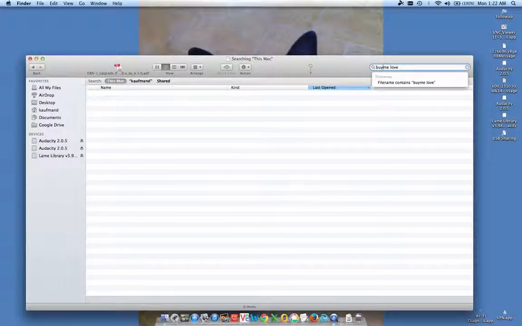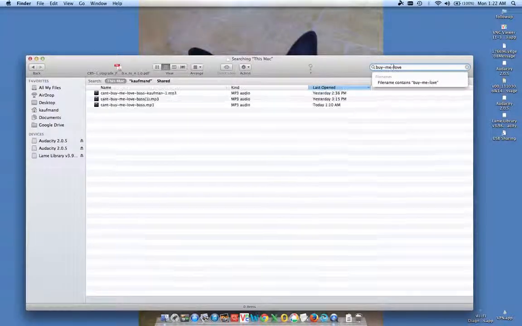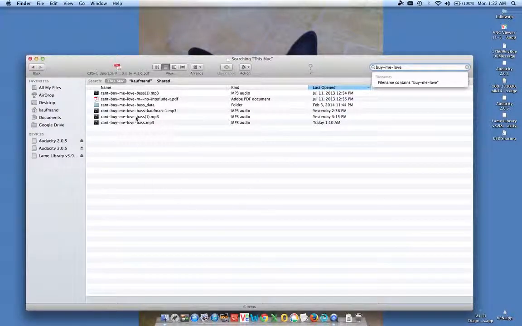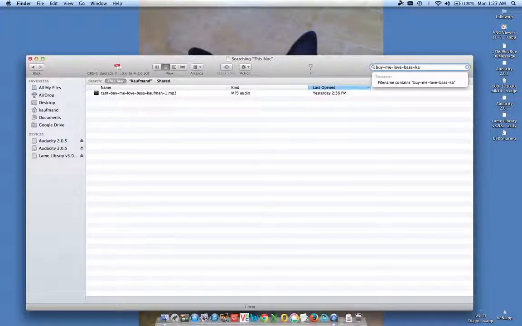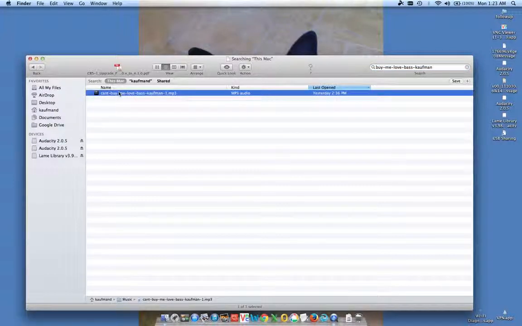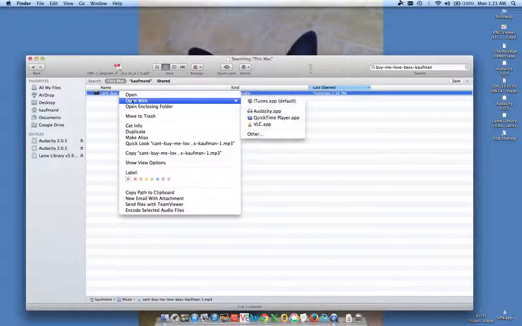I'm just typing. I'm just going to search for it. Okay. There it is. Buy Me Love bass, and I want to find where I made it number 5. There it is. Was Kaufman 1? Well, I don't know where the number 5 is, but here's the number 1, which is good enough for our purposes. Okay, so I'm going to click on this, and then from there, either you can say open with,